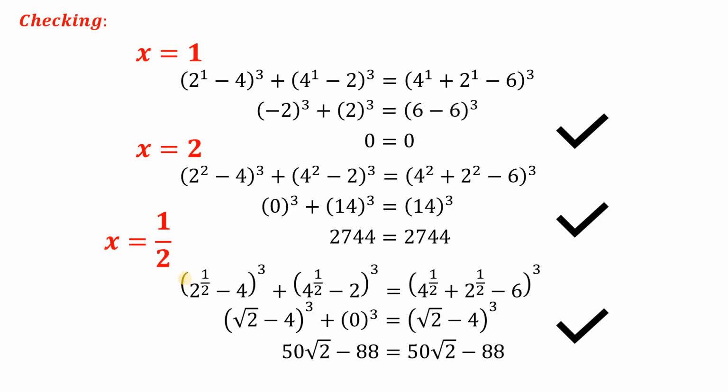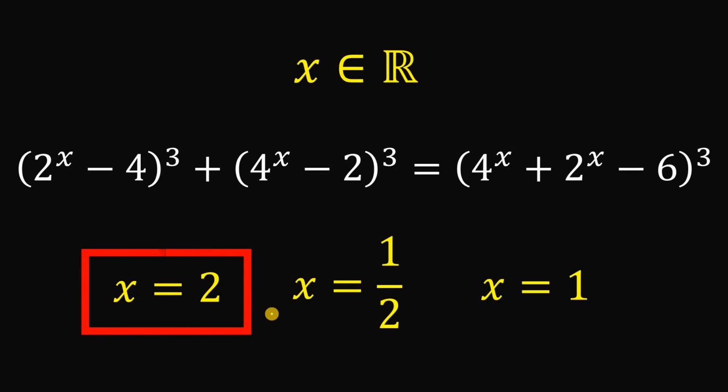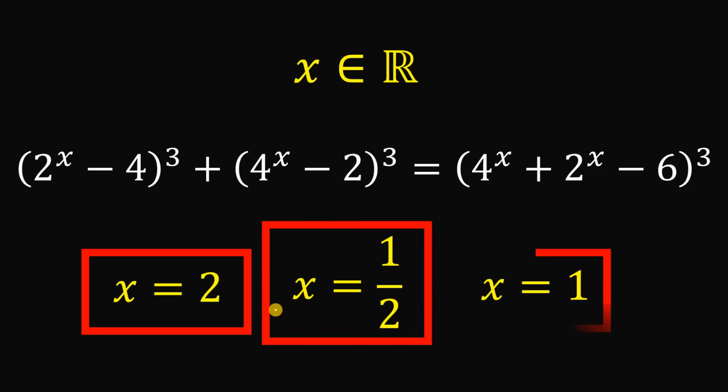Therefore, these 3 values of x really satisfy our equation. So given this equation where x is a real number, we found 3 real values of x that satisfy this equation. The first one is x equals 2, x equals 1/2, or x equals 1. And as always, we are